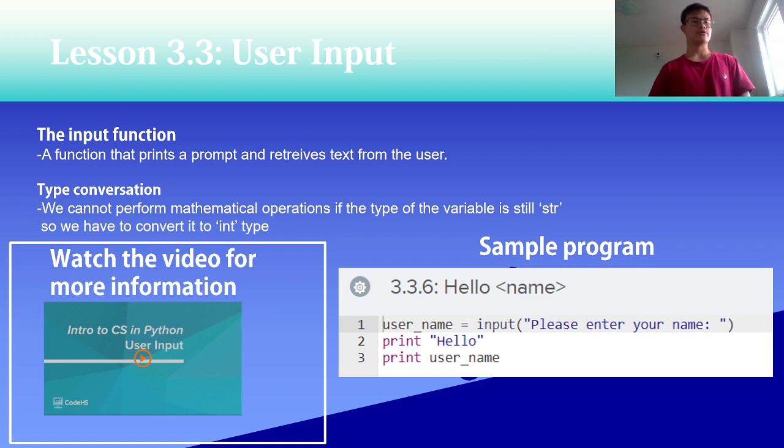The input function. And what is the input function and what does it mean? The input function is a function that prints a prompt and retrieves text from the user, which means that whatever you input, it will have the same output that you have put in the input. So for example in here,